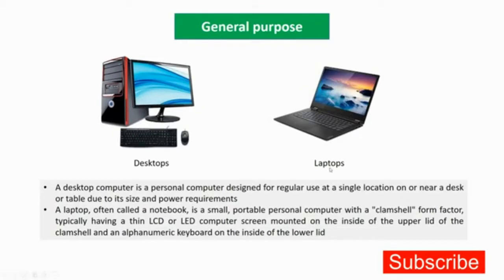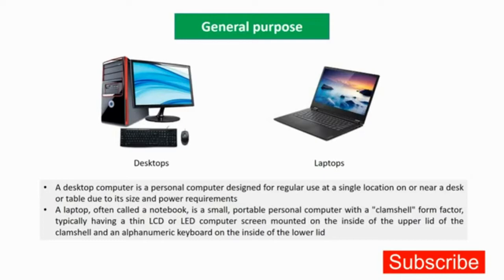If we talk about your desktop, it's like a personal computer, and it remains at one place. We don't have a battery for it, because it is only meant to be at one place, and you have to work from that particular place. We cannot move it from one place to another. On the other hand, there are laptops, which have chargeable batteries, and we can move with a laptop anywhere we want and work on it. And then there are other forms of computers also, like the tablet and the smartphone. All these are general purpose computers.